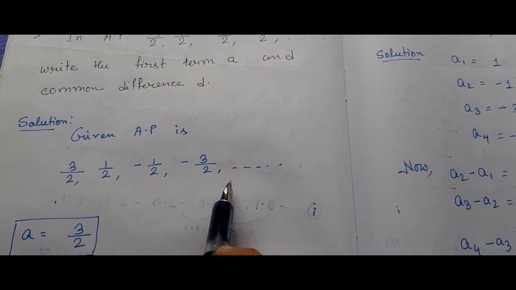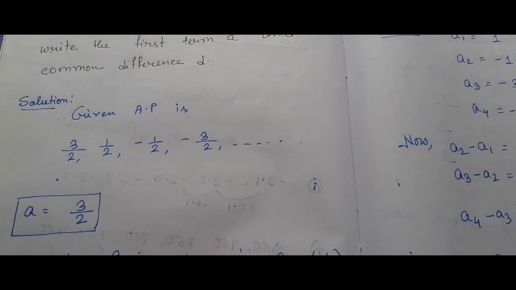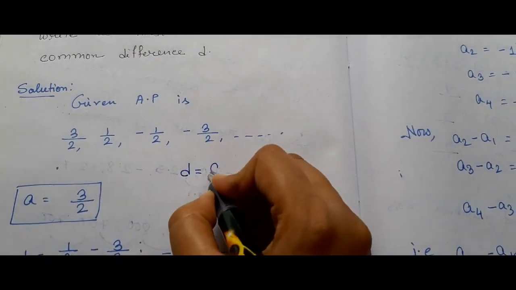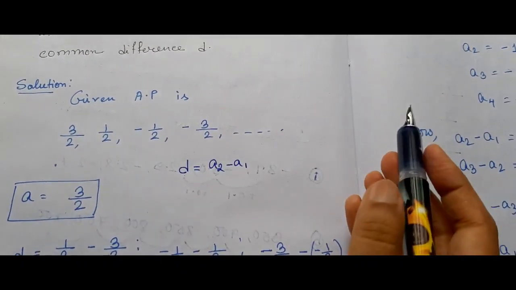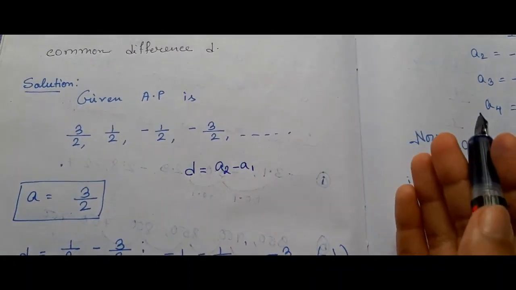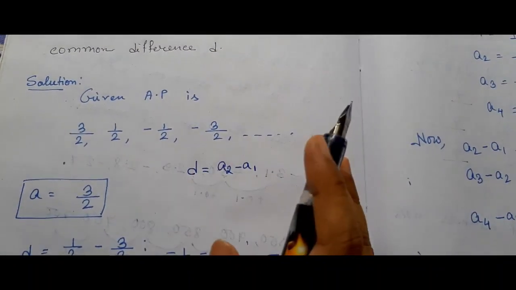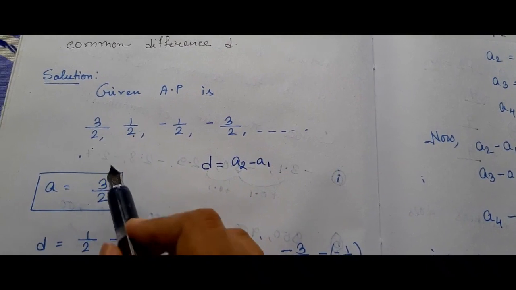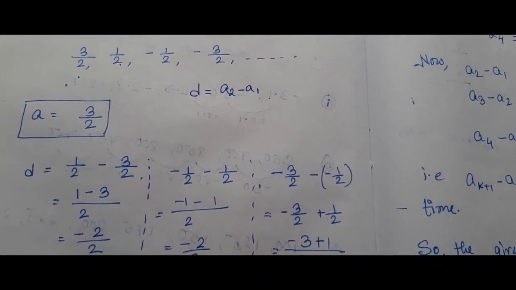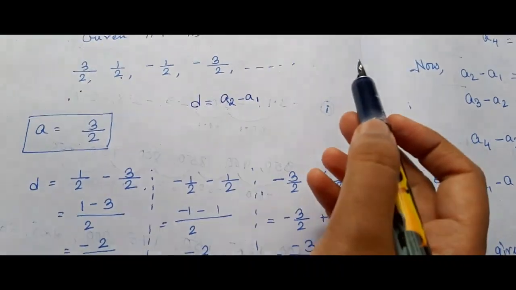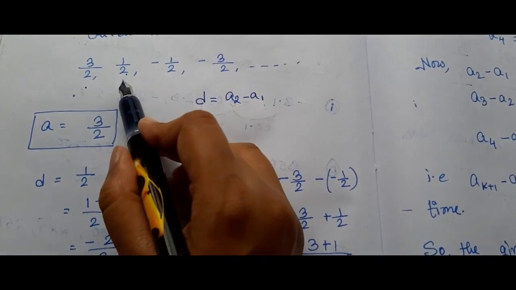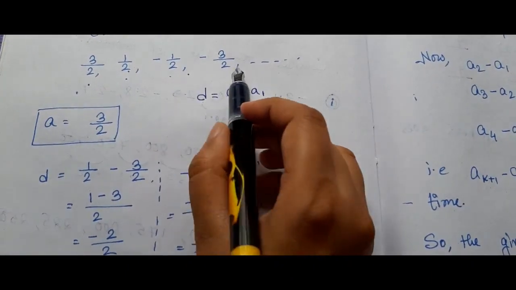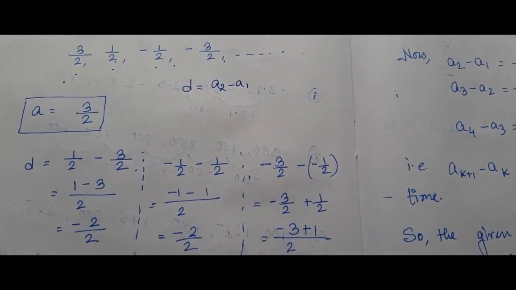So how can you find the common difference? A2 minus A1. Always remember that in an AP series the difference will be A2 minus A1, that is, the successive term minus the preceding term, okay. So here d will be this minus this. Half minus 3 by 2, that is minus 1. Or you can check this one, whether this is an AP or not. If you subtract this one from this one, you will also get minus 1. If you subtract this one from this one, you also get minus 1, okay.